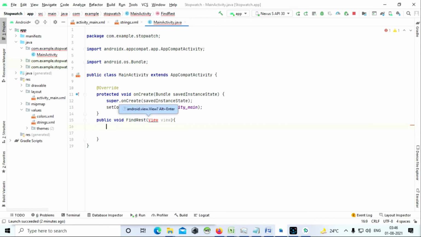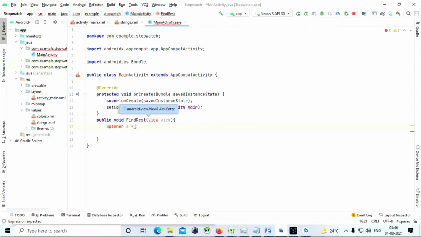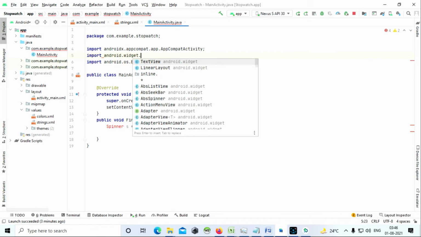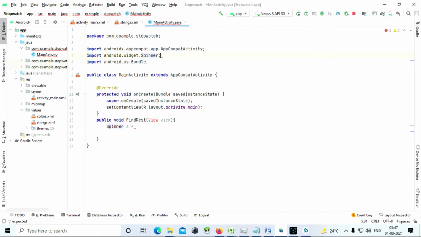Let me create the spinner. Now we are going to get the reference of the spinner by using, yeah, see, can you see this? This is very good. It says it doesn't know what a Spinner is, so you have to use an import statement. Import android.widget.Spinner. So if you write that here, you'll get the Spinner part. Okay, you have to import the things that you're using. We will use that as well. See, again you have to put that import statement there.